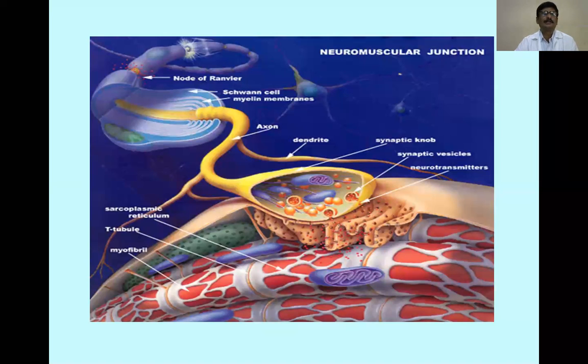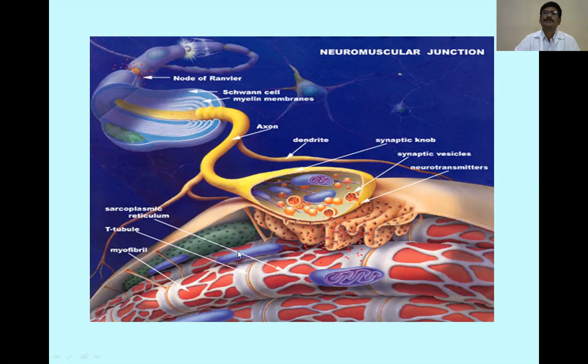From here you can see, normally the skeletal muscles are supplied by alpha motor neurons. Mostly they come from the anterior gray column of the spinal cord, and they are large diameter ones with the myelin sheath. Before they innervate the muscle, they lose their myelin sheath and they branch out profusely. And each branch in turn will innervate a single muscle